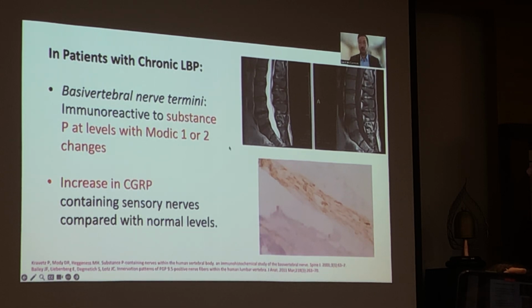So we know also that there's a relationship with modic change. So here's an example of an individual with type 1 modic changes. Edema, inflammation, and then the counterexample would be the patient with the type 2 change, where there's fatty infiltration. In theory, this follows type 1 change. Though patients may stall and remain in a state of a type 1 edematous inflammatory modic change for a long time. Type 3 changes, which are sclerotic changes,